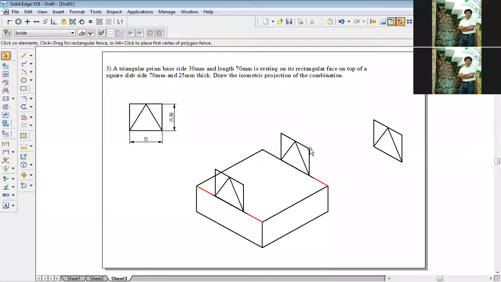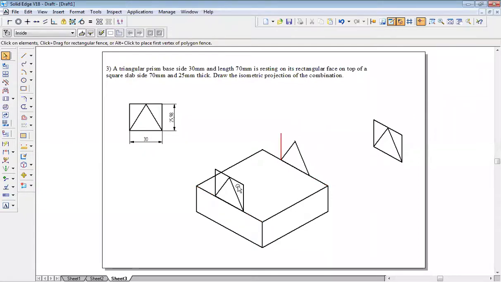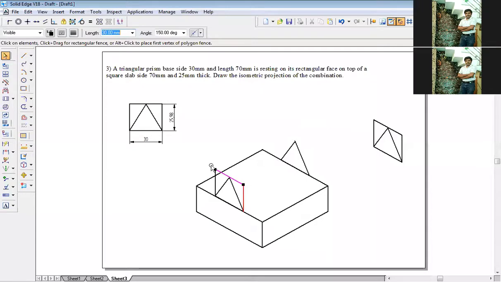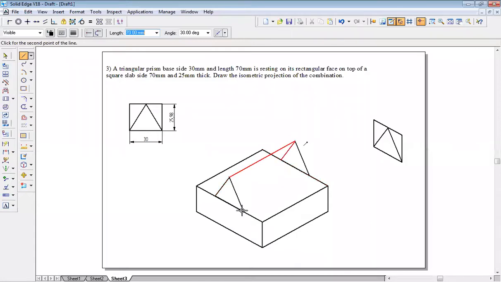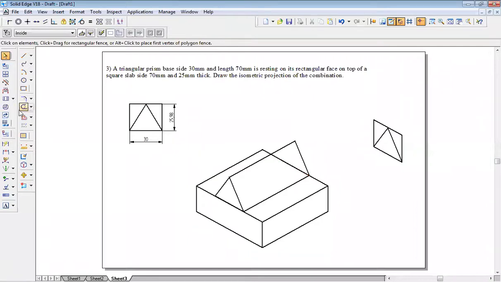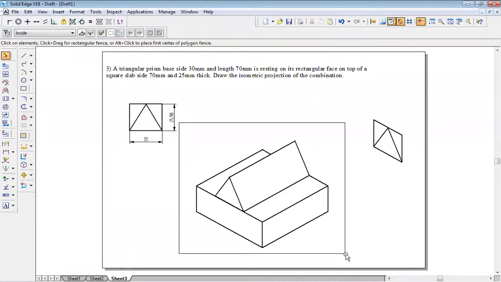Delete all these lines, vertical lines, these base lines you delete it. Right? Then go to line command, draw one line from top tip to top tip of the triangle, and over here from bottom to bottom tip of the triangle, and delete all unwanted lines. This is deleted, this to be deleted. Using trim command, trim this portion. This completes your last problem of your system.